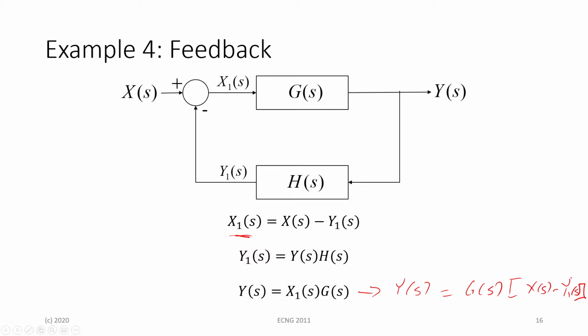But now we need to figure out what y1 of s is. So I'm transferring this equation onto the left hand side. We now need to substitute in y1 of s. So we get y of s is equal to g of s into x of s